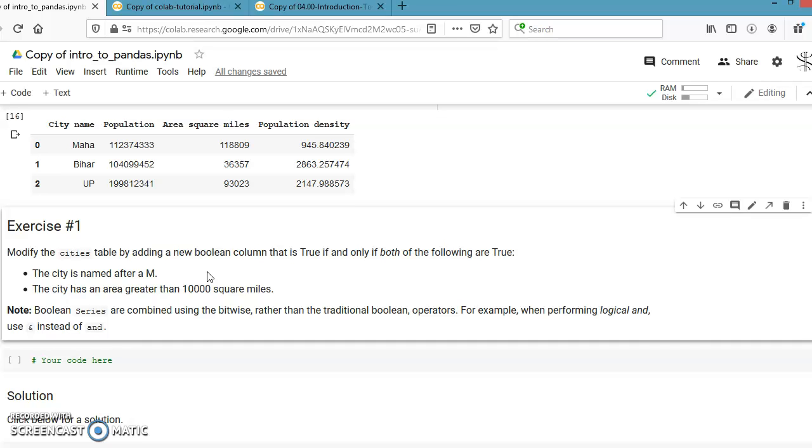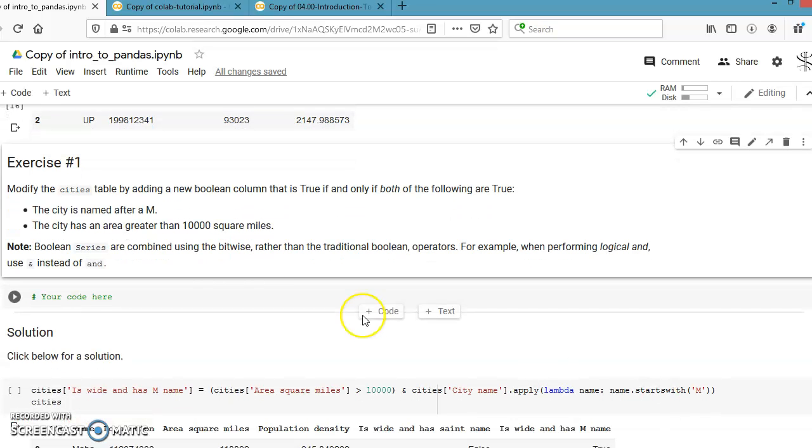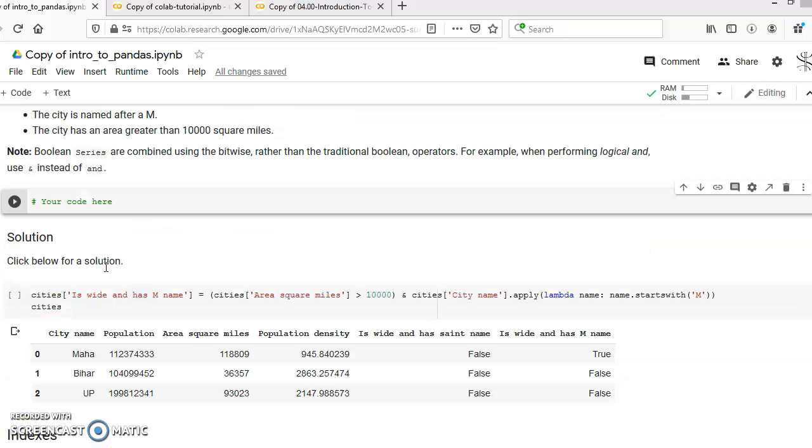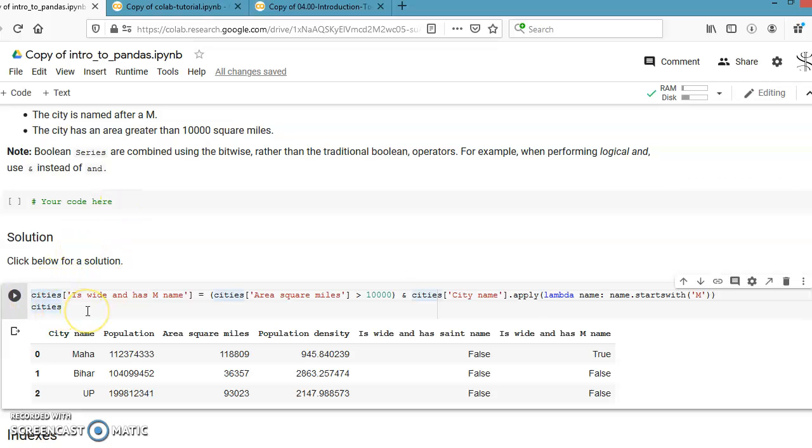Then you can write your own code, and you can pause the video and try to solve that on your own. And if it is not possible, let's check the solution.